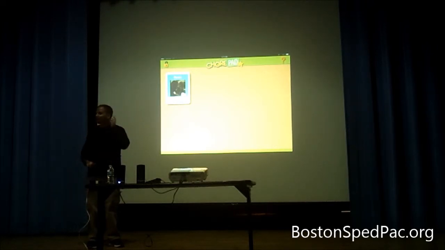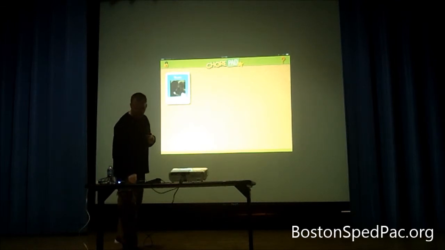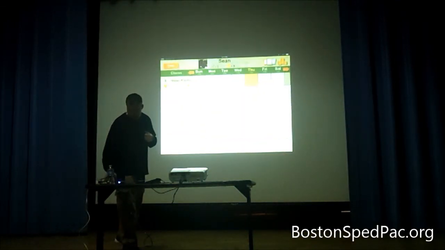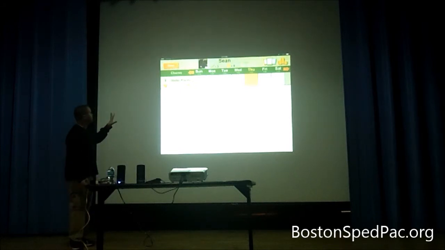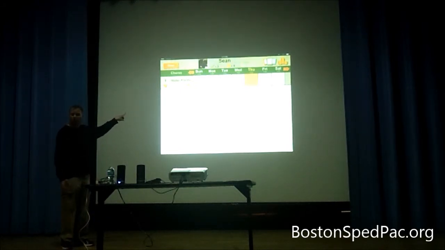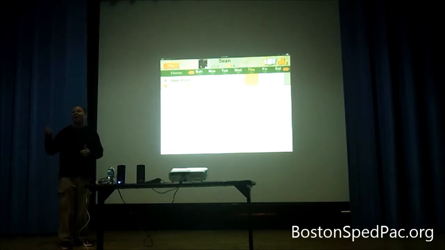An app like ChorePad has a free version or a paid version that has more features. It can do things like allow you to enter in the chore and keep track of how often the chore is completed. You can set an icon for the chore. You can see I put a little plant there. And you can set up quite a sophisticated token economy within the app, meaning every time you do this chore, you earn this many points, and you can trade these points in for these rewards. You can set that all up within the app and show them when they cashed in their rewards,